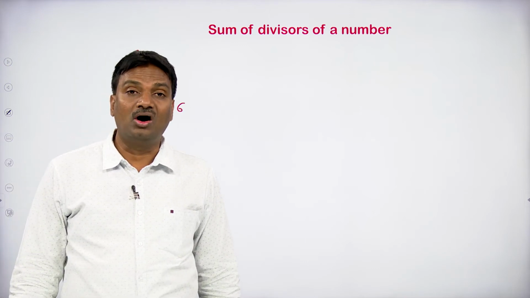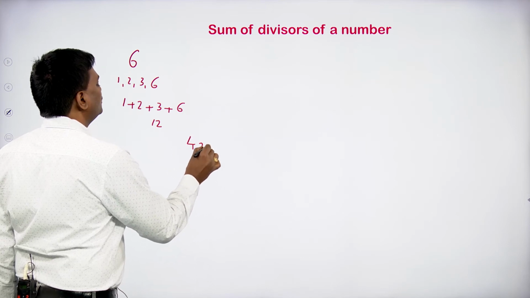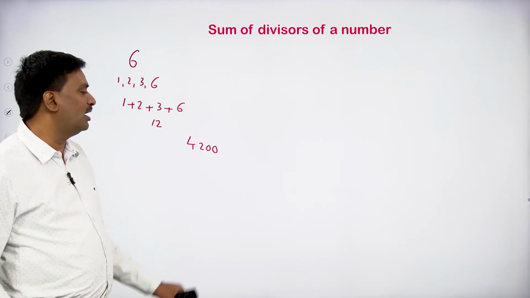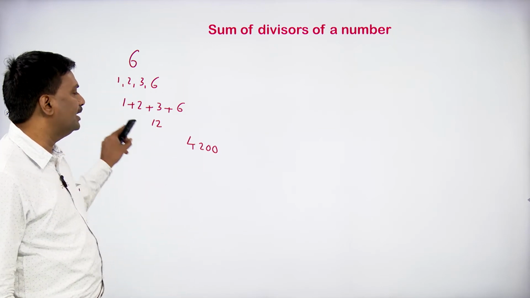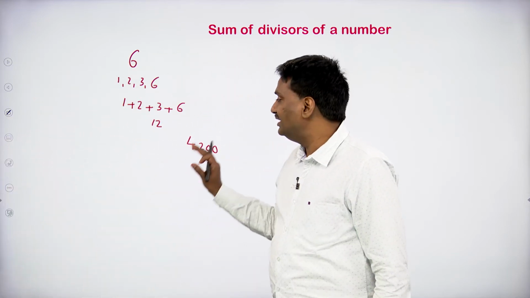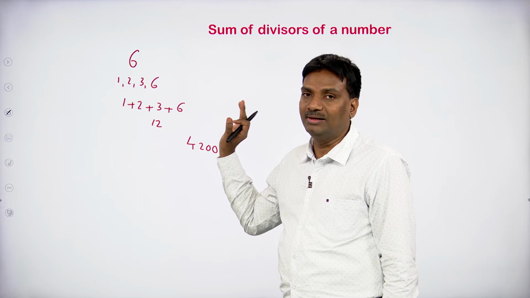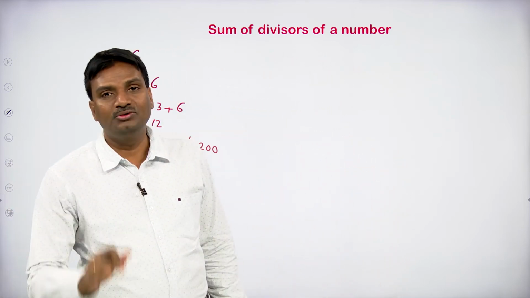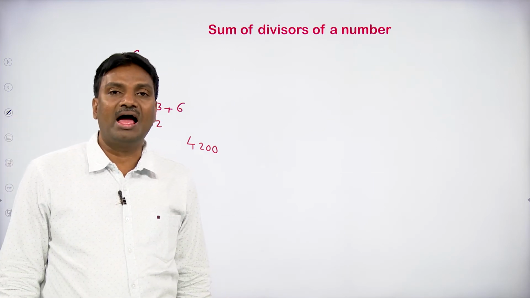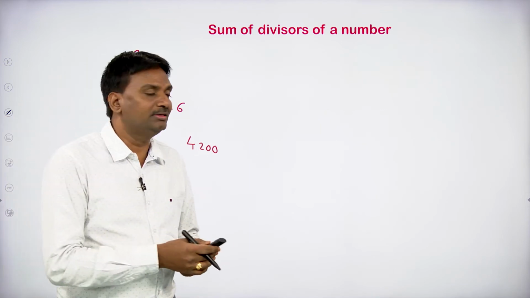If we have a large number, say we have to find the sum of all divisors of 4200, it is not possible to find the sum like this, because this is a large number. It is not easy to write all the divisors of 4200 in the general way and add them. Here we have one formula. By using that formula, we can find the sum of all divisors of the given natural number. The given natural number may be any number.